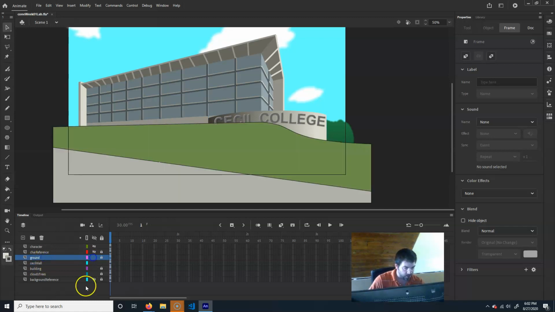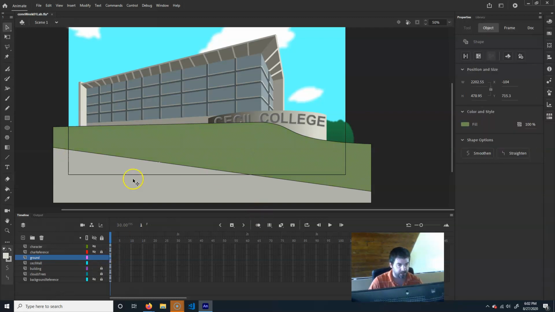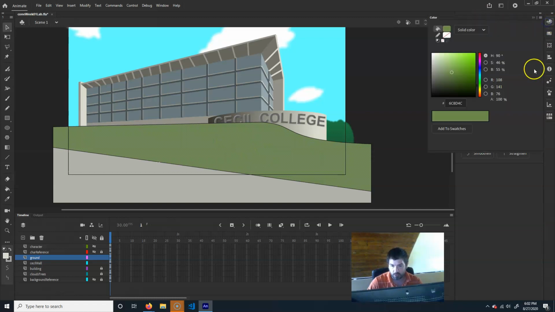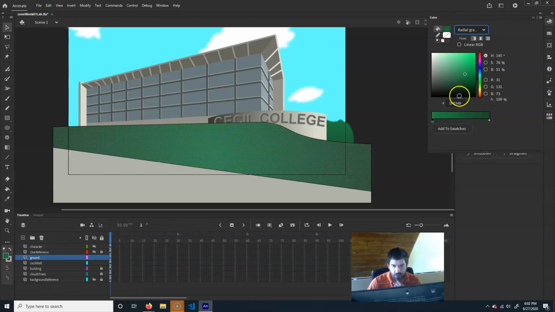All right, let's go ahead and do the ground. So now we have this ground here. It's going to be the same thing we did before. I'm just going to go ahead and unlock it. Click on this. Hold shift, select that. Actually, let's just go ahead and put a gradient on this real quick. So I'm going to select this color here. And I'm going to go to the color swatch, and this time I'm going to do a radial gradient. And I want this to be more on the yellow spectrum,